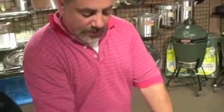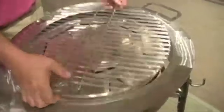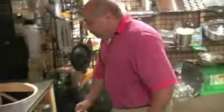But this is an example of a stainless steel grill, and you've got minimal flare-ups, but you still get enough of the smokiness from the meat drippings firing up and coming back up on the food, and it's a great way to grill. You can take the same basic structure now,